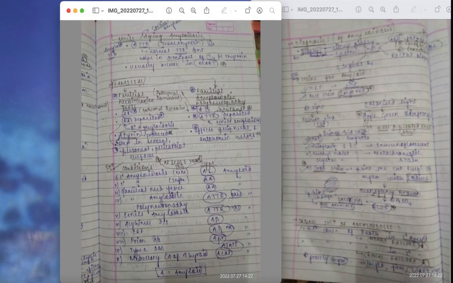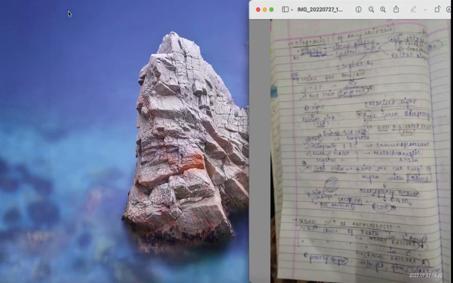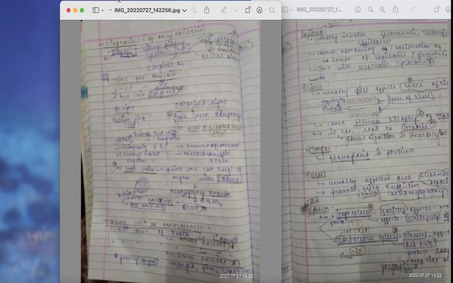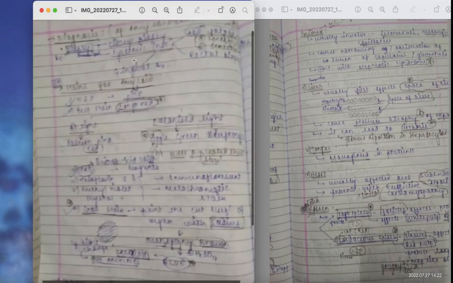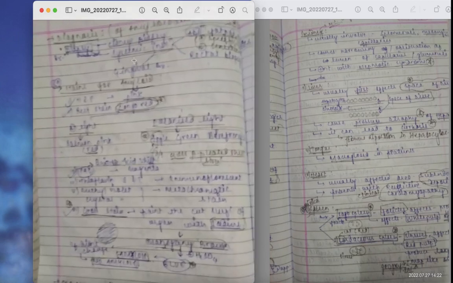Moving on, this is the small table that I have made to give a brief of all the types of amyloidosis we have discussed till now. If you like, you can take a screenshot of it. Moving on to the next, the diagnosis of amyloidosis. I'm sorry, the video is a little hazy. I took it with a camera pic, so it's a bit hazy, but I will read it out so